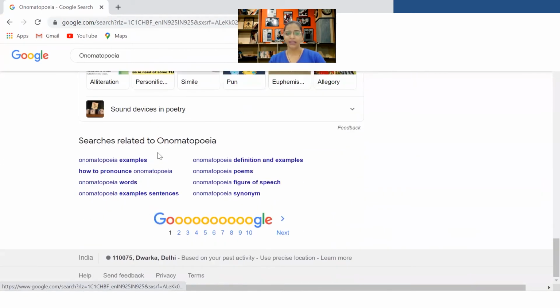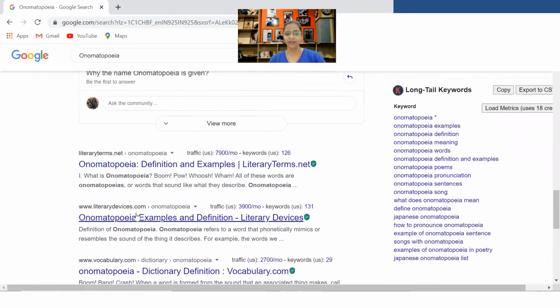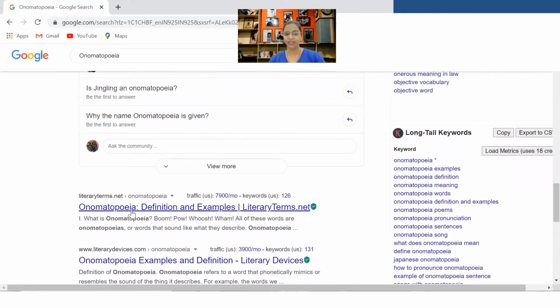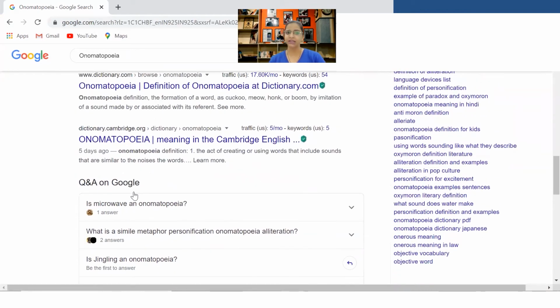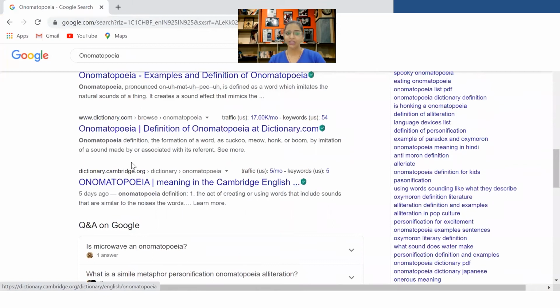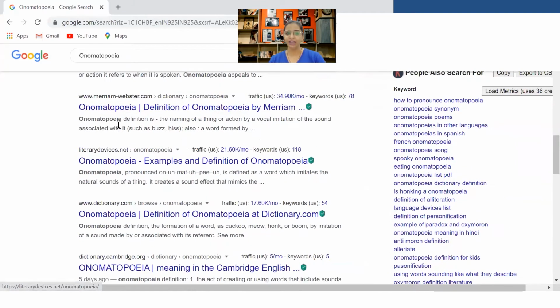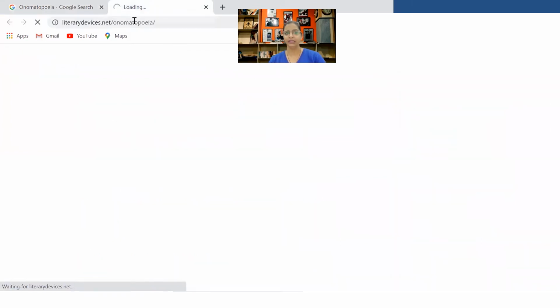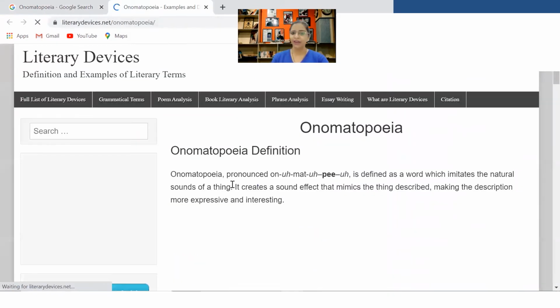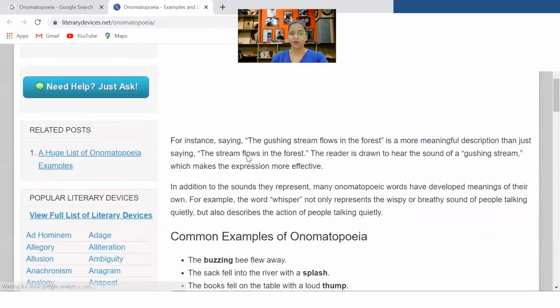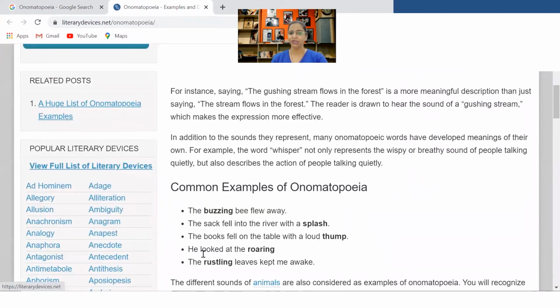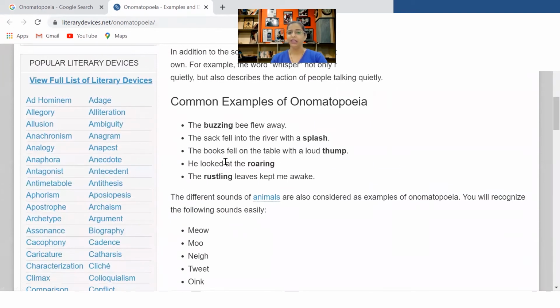Okay, so most of the times you will find it. This is ranking on the first page, obviously. The literarydevices.net, literaryterms.net, all of that is available. So Cambridge Dictionary, dictionary.com, literarydevices.net, all of this is available on Google very easily. If you go to literarydevices.net, there is a huge list of onomatopoeia: the buzzing bee flew away, the sack fell into the river with a splash.